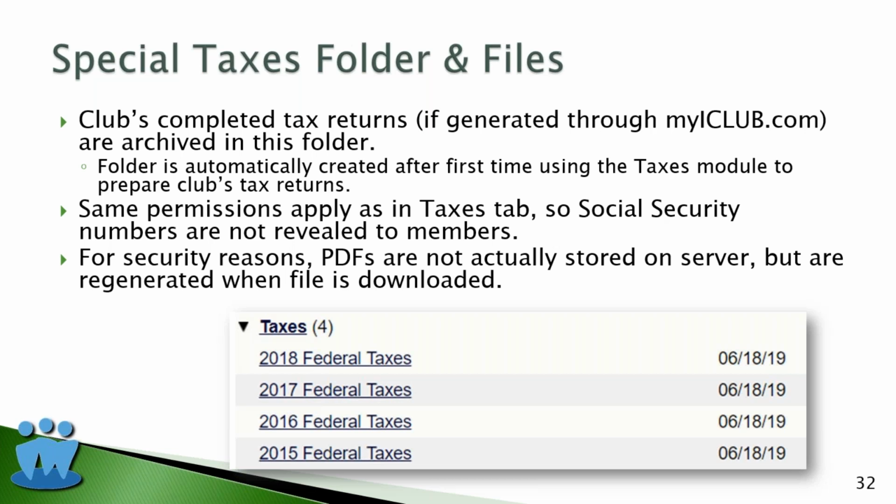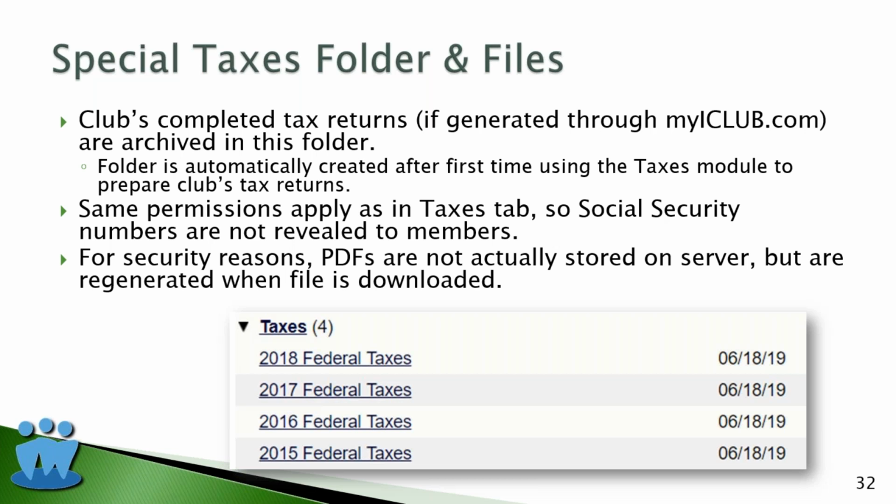And those are governed by the same permissions that govern the taxes tab itself, which is to say that if you're the treasurer and you click on a tax return in the file storage tab, you see the complete return, including member K1s, including Social Security numbers. If you are a member and you click a tax return link in the taxes folder in the file storage area, you don't see other members' K1s, and you don't see other members' Social Security numbers. But you see the rest of the club's return. So those permissions still apply in the